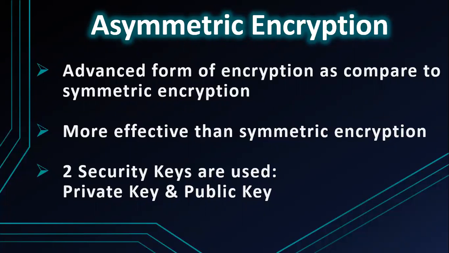The purpose of the private key is to convert your data into unreadable form, into hashes, into different codes, and the private key is also encrypted with the help of the public key. So in asymmetric encryption, two keys are used. One key is used to encrypt your data, and the other key, that is the public key, is used to encrypt your private key or symmetric key.